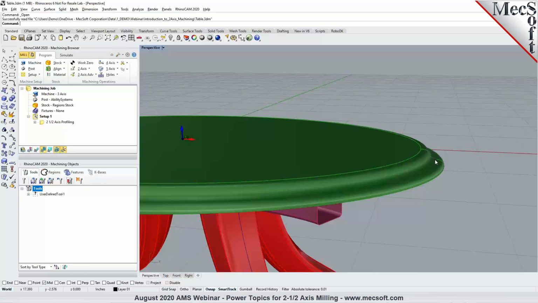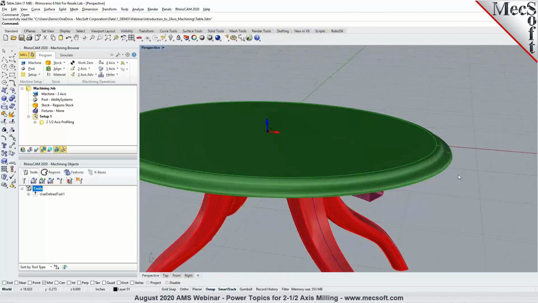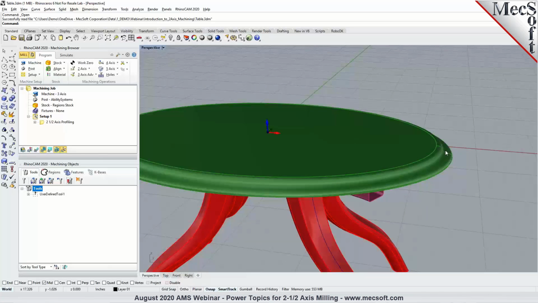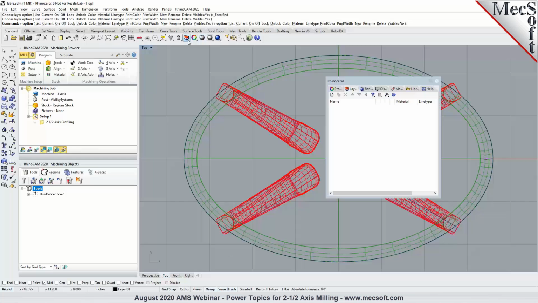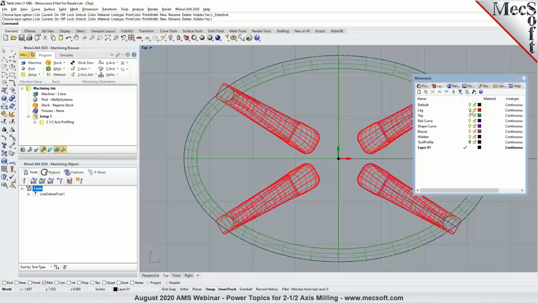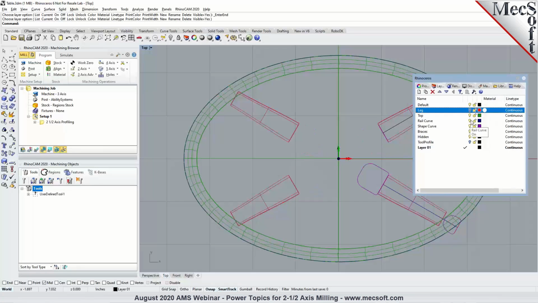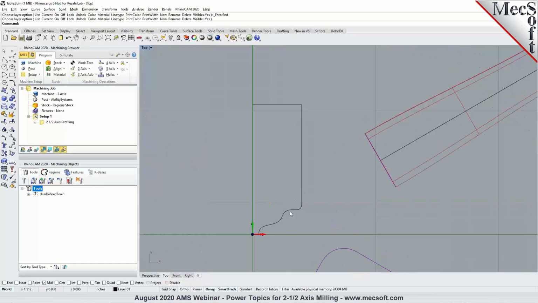And to take advantage of that and be able to cut it in one or multiple XY passes, you could have a tool that's modeled which represents the form of this profile. So the steps to create it is, first, I'm going to go into this layer tree to hide some of these features just to make it easier for us to see it. The first step is you need to model one half of your tool profile with the tip at the origin. So you model the cutter profile that you'd like to use to define as a form tool or a